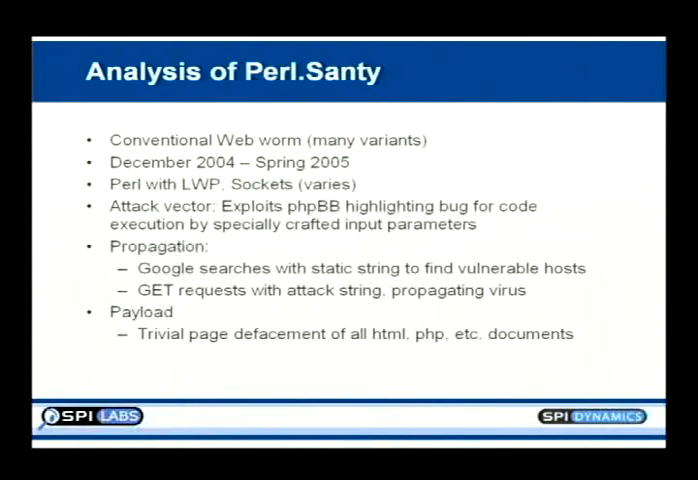So the attack vector was I exploited this highlighting bug in PHPBB that would let me get code execution on the host. And then as soon as the code ran, it would do a Google search using a static string. It was something like search for powered by PHPBB 2.4 or something like that. It used a static string to search Google for new hosts, and then it would send requests to those hosts trying to infect them. The payload that ran, once it actually found new hosts and spread, was it just defaced all your HTML pages,